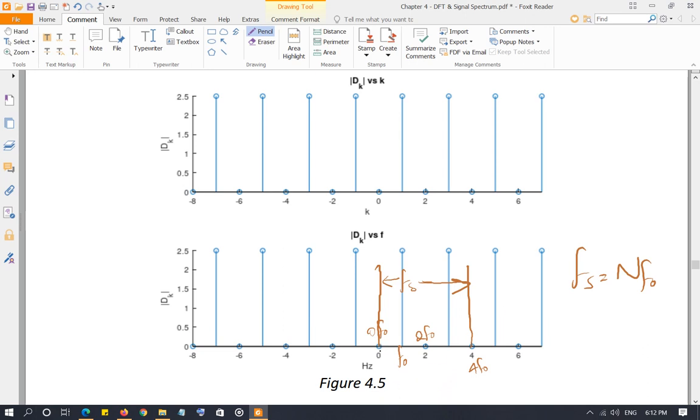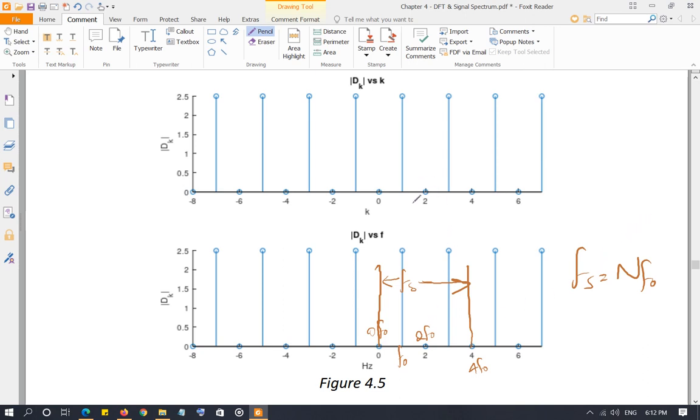So you have the first component, which is the DC value, which is 0. You have the fundamental component, the magnitude of which is 2.5. Remember, each one has a phase as well; I'm just plotting the magnitude right now. And the second harmonic has the value 0, and the third harmonic has the value 2.5 again. And from here, the next cycle is going to start, right? So Fs has 4 components,